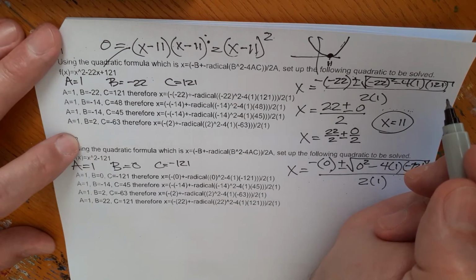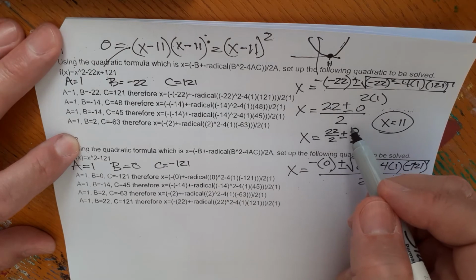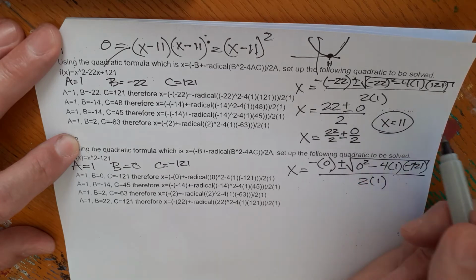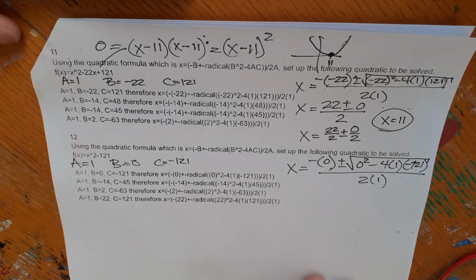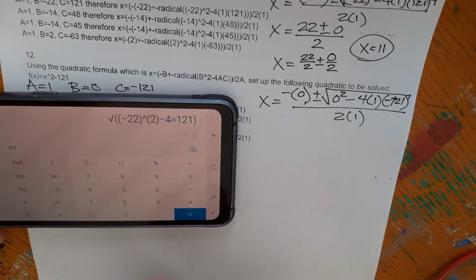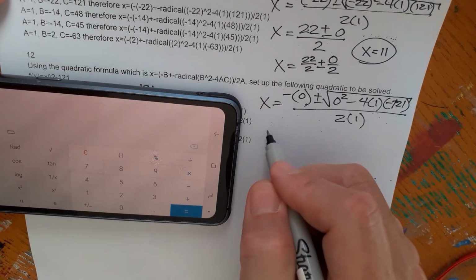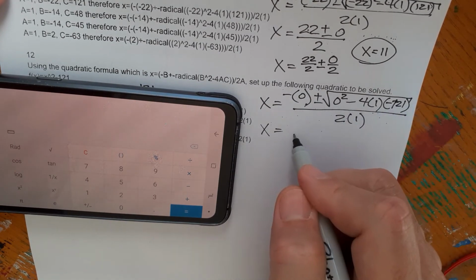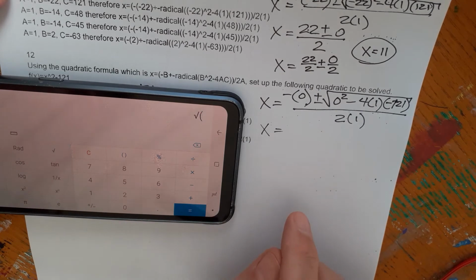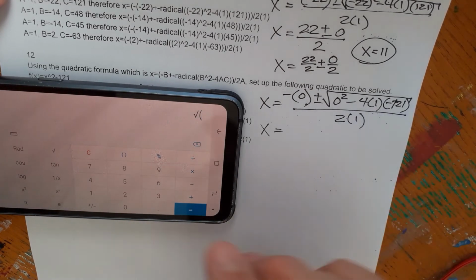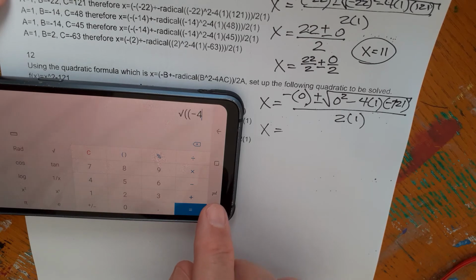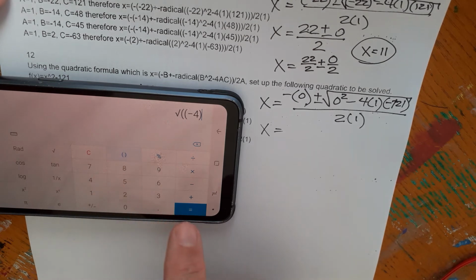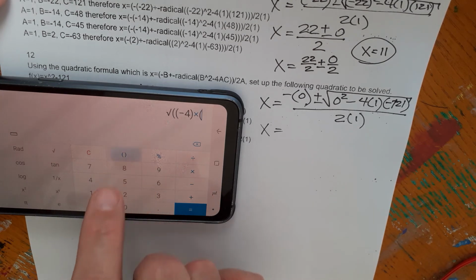All right, so this is interesting because they gave us a number that didn't play out with 2 roots. It disappeared in this context, right? Let's see what happens on the next one. This is definitely interesting. My calculator is a little bit helpful, but it's pretty simple here to just do some things. Like 0 disappears. There's no plus minus. All I've got is this square root. So let's try square root of, and I've got a negative 4 times 1, which disappears, times a negative 21. So times negative